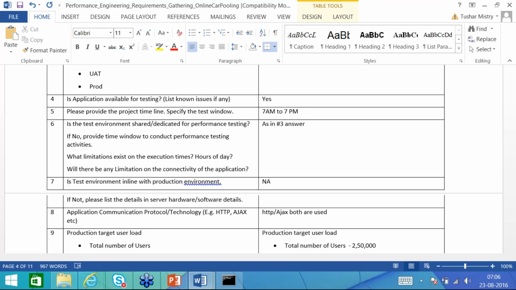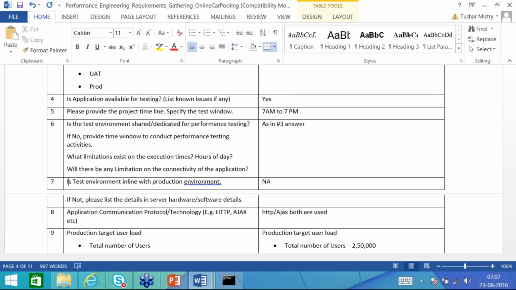So you should always tell your client that even if it is not exact to your production environment, it should be close to your production environment. Instead of 6 servers, if 4 servers are there in your performance testing environment, then it's fine.